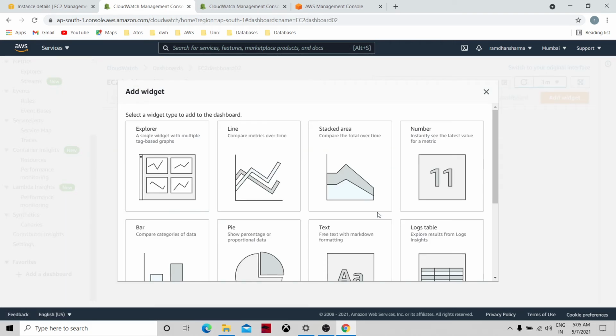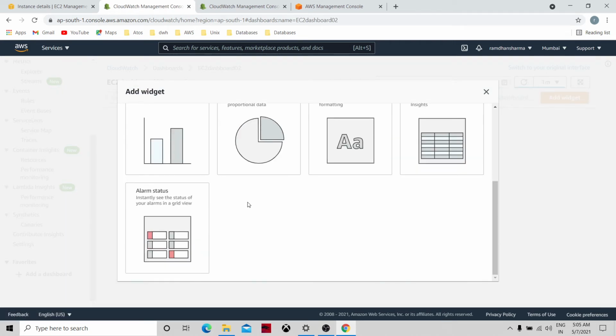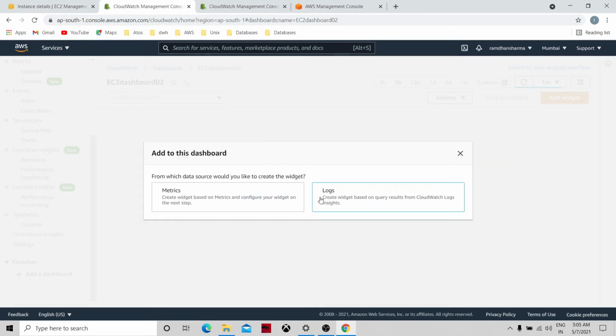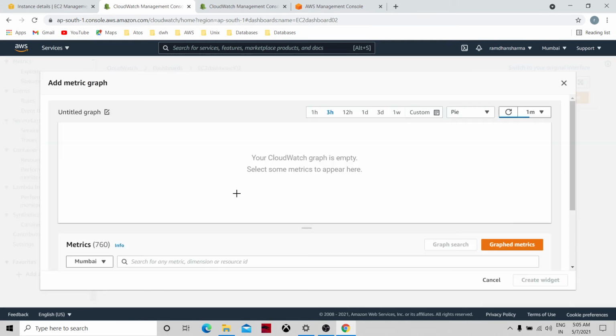We'll create another dashboard with, let's say, a pie chart. It is asking which widget, I mean which measures actually: either some metric, like CPU utilization, or some logs to watch. We'll just create one metric.